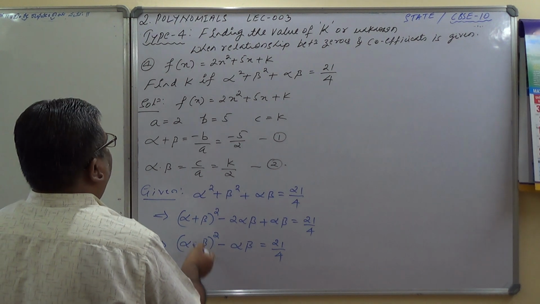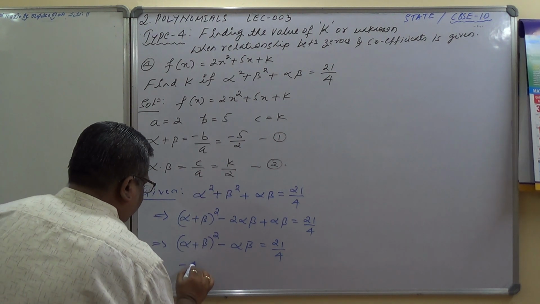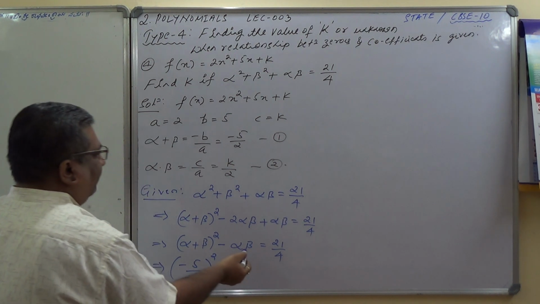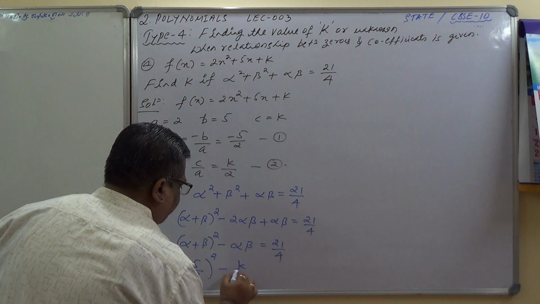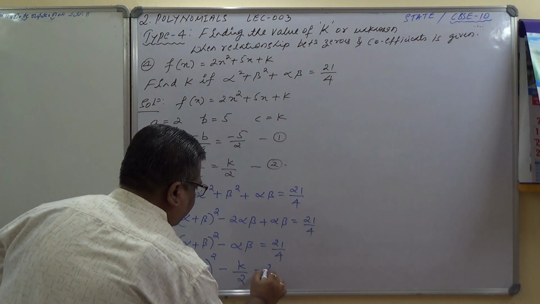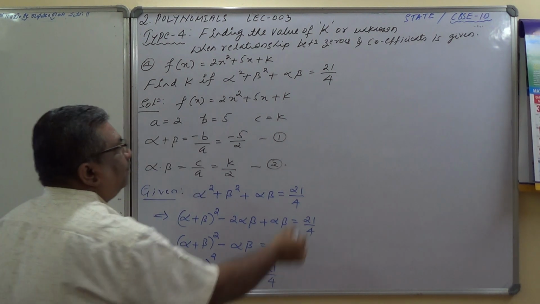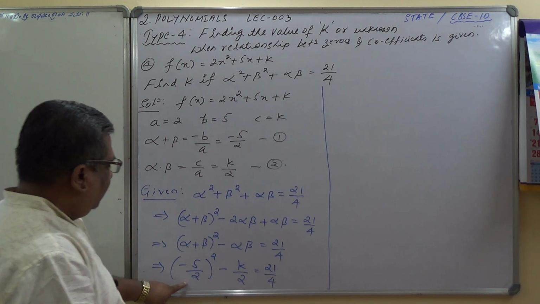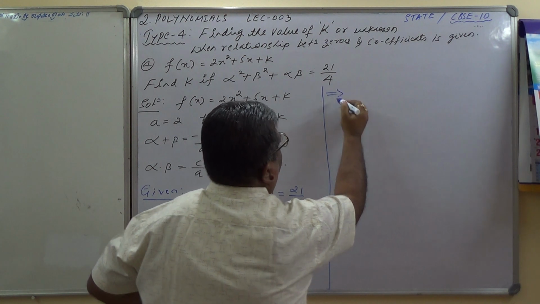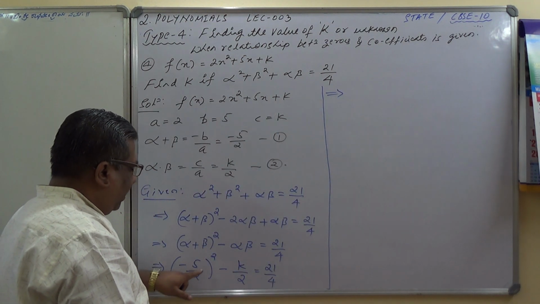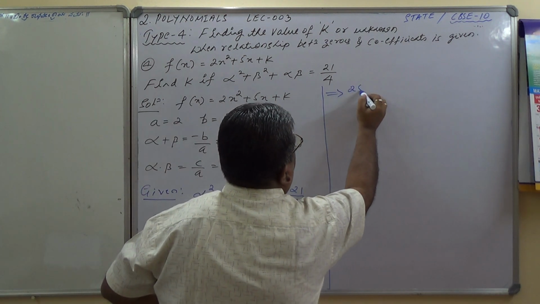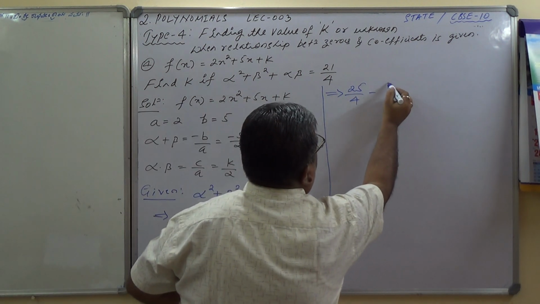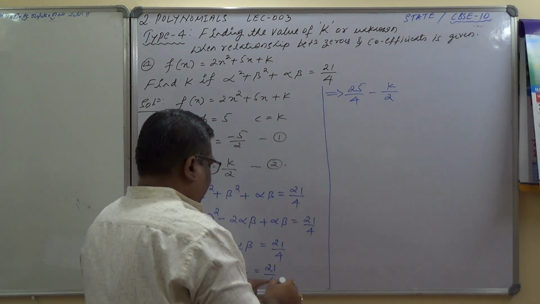Alpha plus beta is how much? Minus 5 by 2, the whole bracket square, minus alpha into beta, k by 2, equals 21 by 4. Let us find out. This implies 25 by 4, 25 by 4 minus k by 2, equals